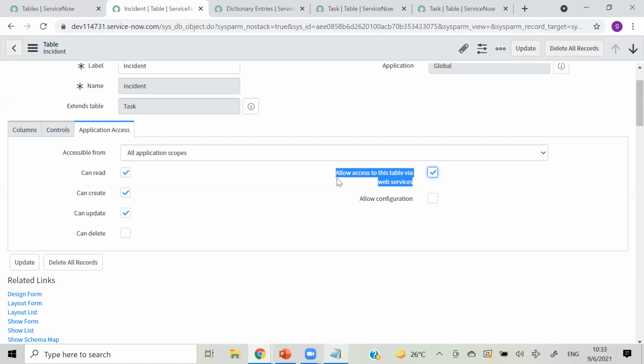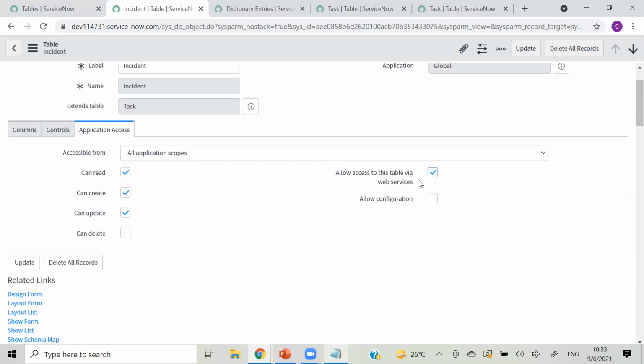This is for Saikiran and Sohel. If you want to access data of this incident table, we will provide you access through web services. For example, I will provide a web service and a URL. Using that URL, you can access records of this incident table. You can create, delete, edit, or update a record using that web service, and that will get reflected in this ServiceNow incident table. So that is a web service.